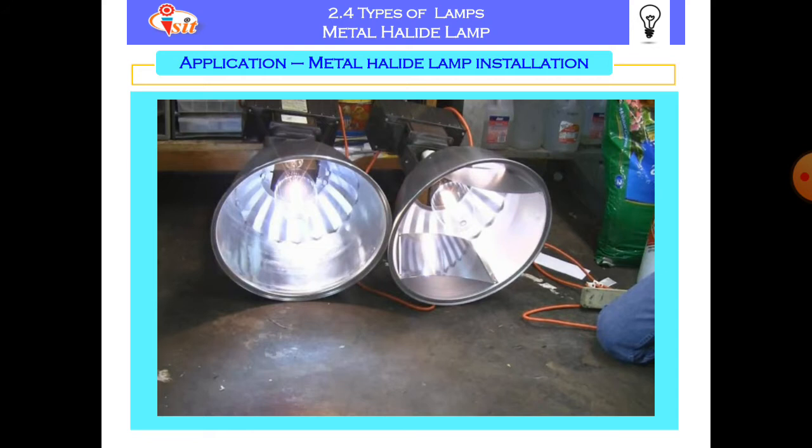So this figure shows the reflectors in which the metal halide lamp is held by the holders. So these are the complete fixture of the metal halide lamp which is used in the high intensity requirement areas.